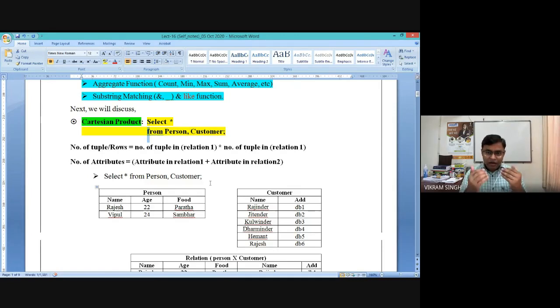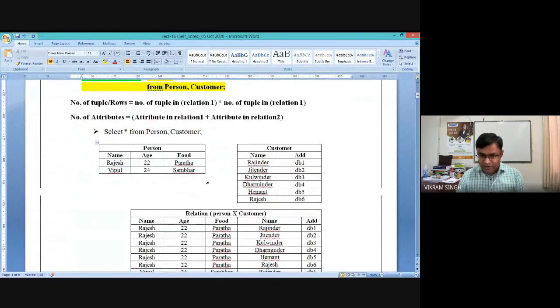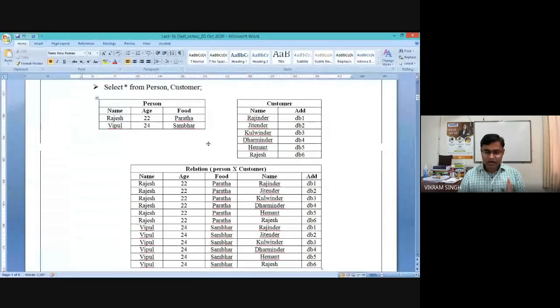But once you have started your DBMS, your SQL compiler or processor, in the temporary space, which is RAM, you will have only one single database table. However many tables you access, like in the from clause we access person and customer, from this side it is clearly visible that we are accessing two database relations, but in the temporary space it is only one relation.